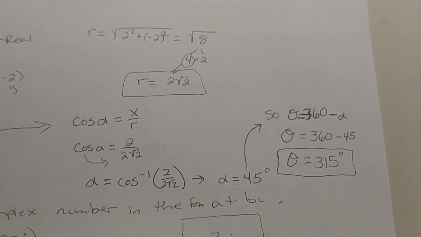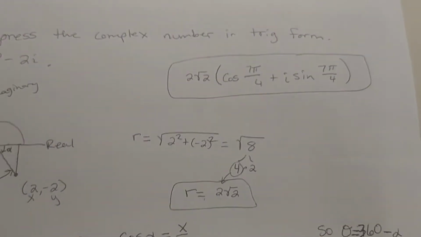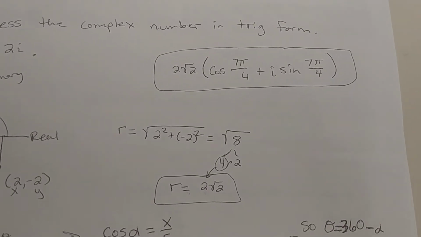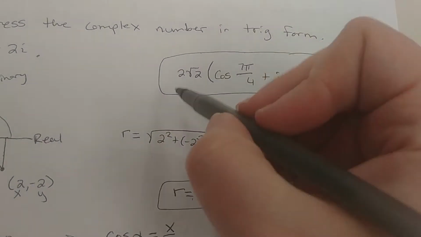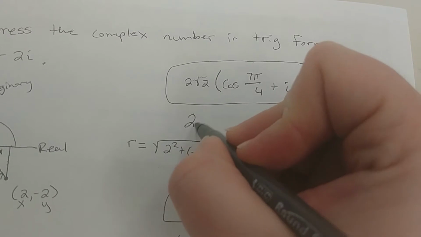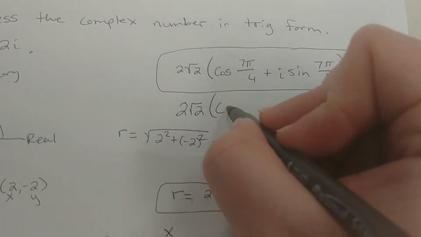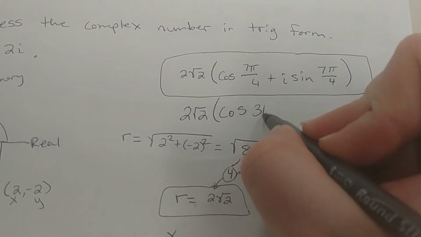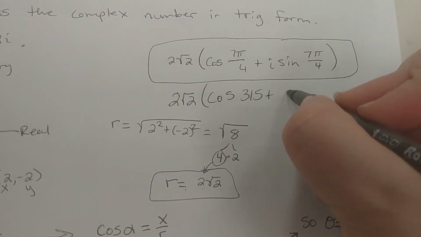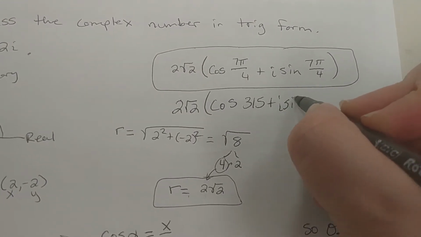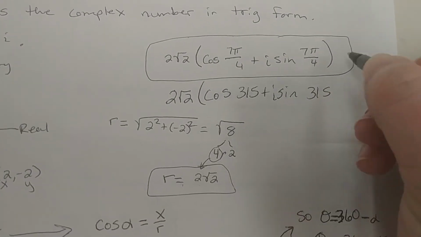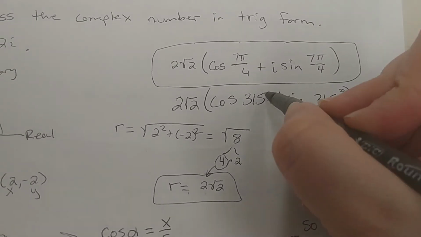Now, our answer may be in degrees, but it may not be. So if I have an answer like this, again, I keep the r, 2 square root of 2, and it could be cosine of 315 degrees plus i sine of 315. These two are equivalent,